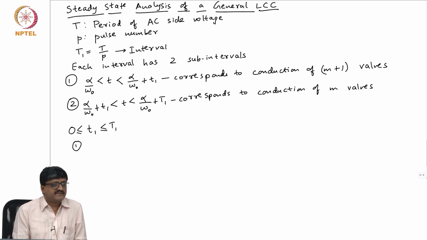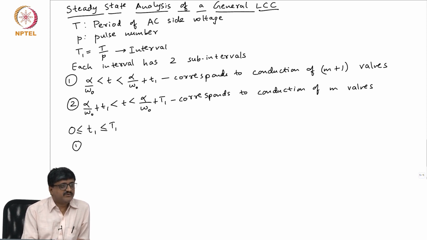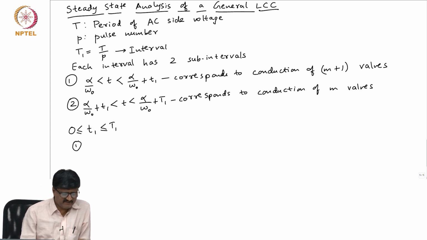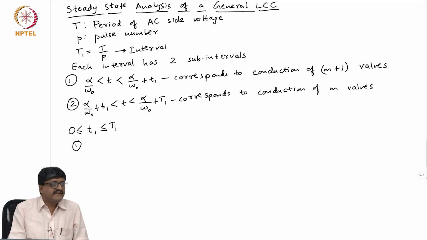So far, for the special cases that we considered, whether it is 2 and 3 valve conduction mode or 3 and 4 valve conduction mode of the simple 6 pulse converter that we studied, it is a linear circuit. So, the equations governing the system are linear differential equations, and not only that, they are linear with constant coefficients as well. So, there is a difference between a linear time invariant system and a linear time varying system. The equations that we come across in this course are linear time invariant, for which the solution is straightforward.